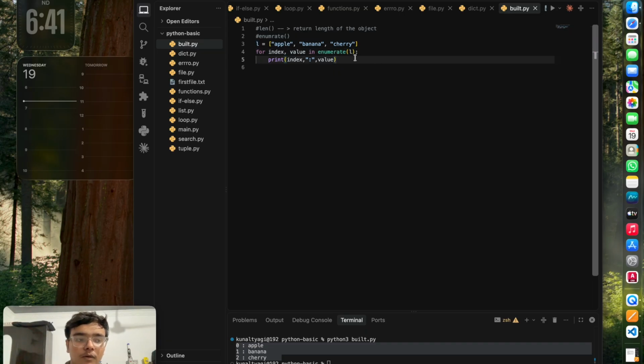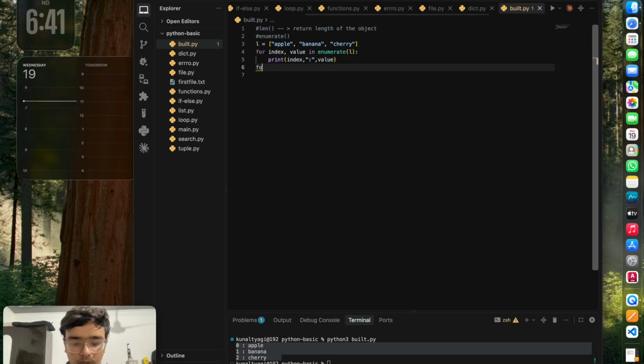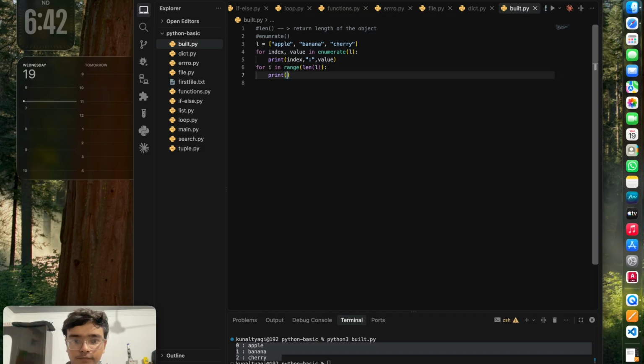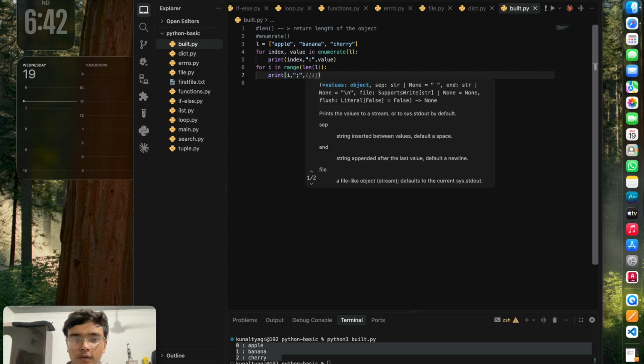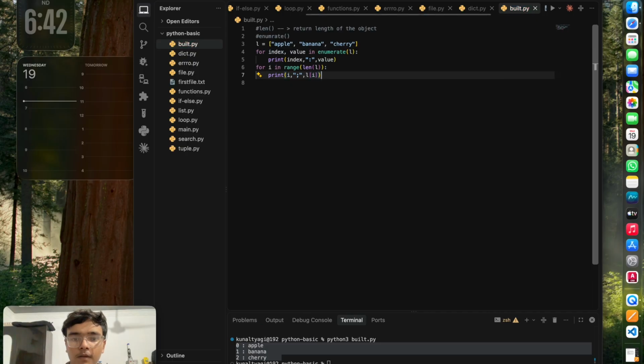Without enumerate, the old way, if I show you how you have to do that: for i in range of len of l, print i, colon, l[i]. Here I have to take the value with the help of indexing. And if I want to do it another way,